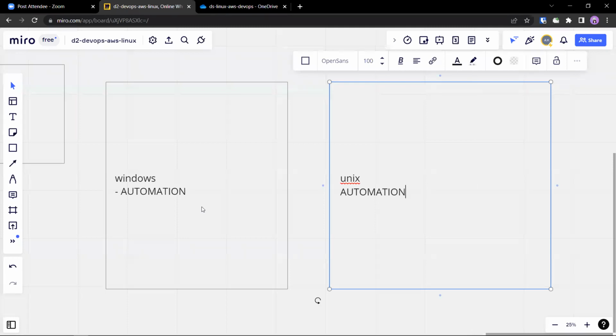Anybody? Manual. Manual, correct. Any other things? Man-made, okay. That's good. Man-made. Automation, man-made, okay. God-made. Automation versus manual, correct. That's correct.